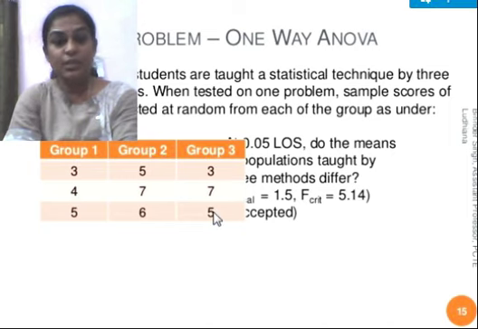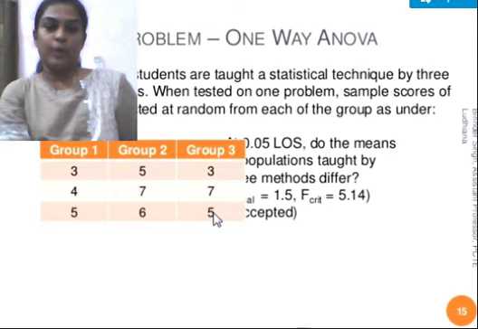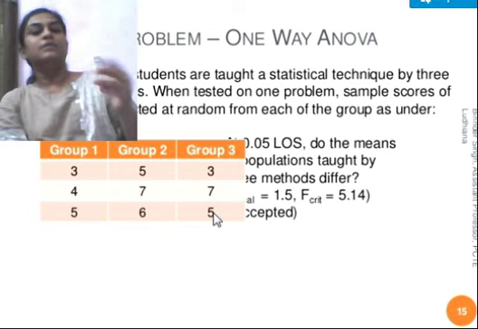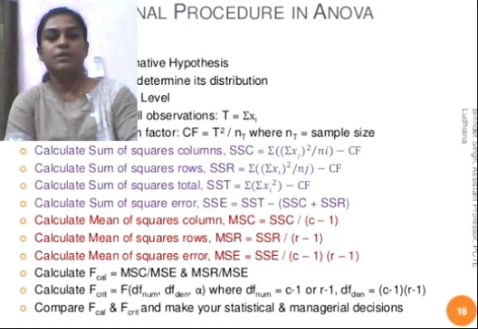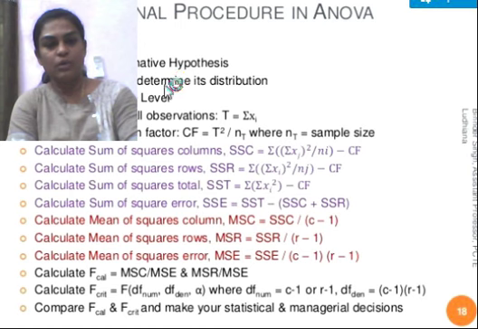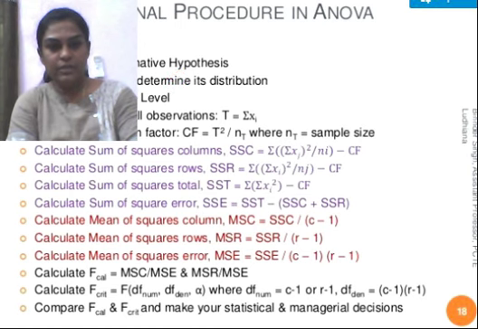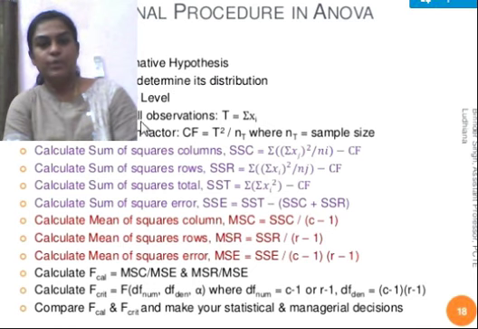Now let me tell you one more practical problem to understand what two-way ANOVA is. These are the computational procedures in two-way analysis. Earlier we discussed the one-way analysis steps. For this also, almost all steps are equal. First step, the null hypothesis and alternative are the same; second, we have to determine a distribution and significance level, then go for the other steps. Just have a glance at this total chart so you understand it in a better way.